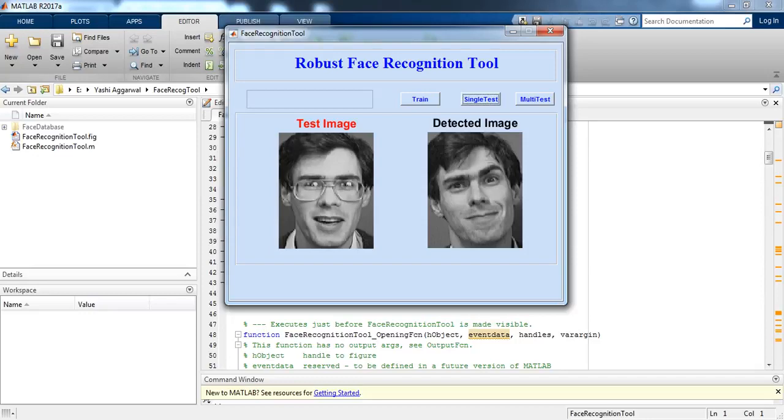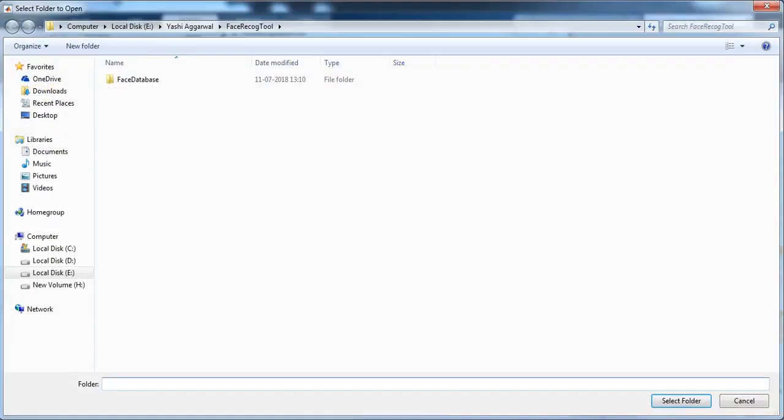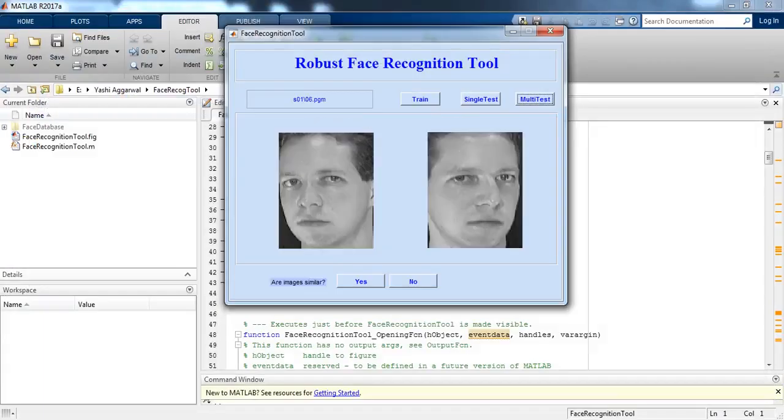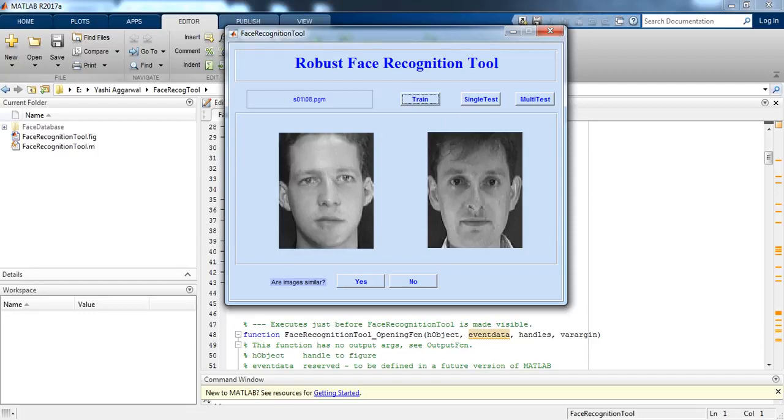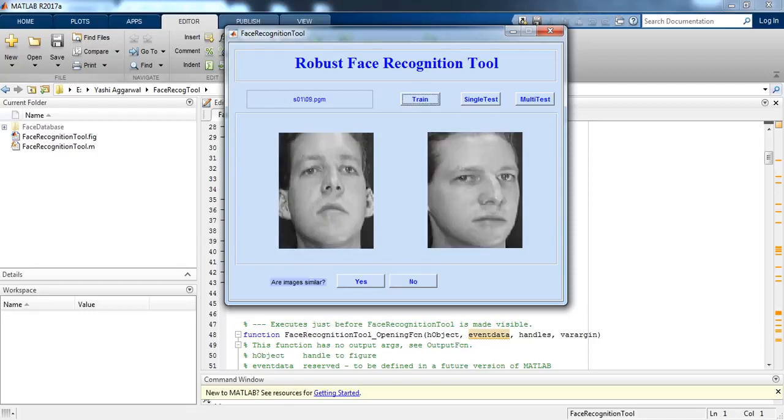Now let's test the multi-test button by clicking on multi-test, and let's train the database. See, it is asking are these images similar, so we can say yes. It is asking for others also, so we just need to train first. If we press multi-test, we need to train the whole database by giving the answers so it can train. If it asks whether images are similar and these are not, we can press no, and these images are similar, so we can say yes.